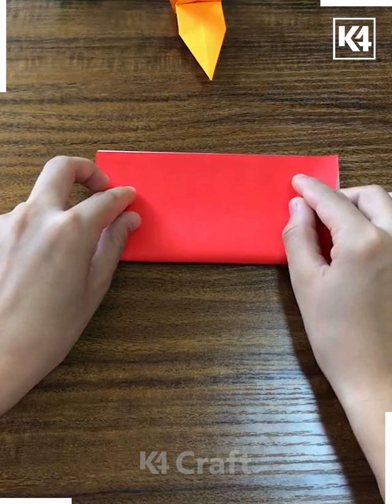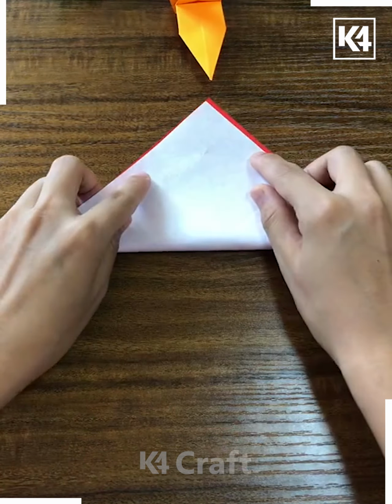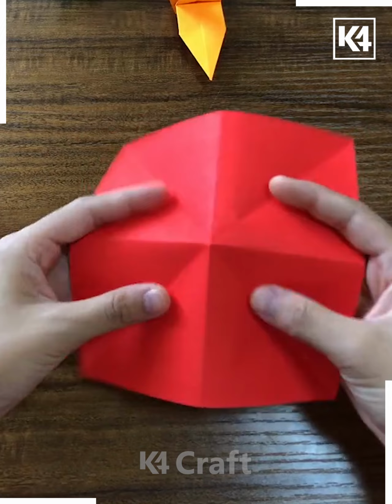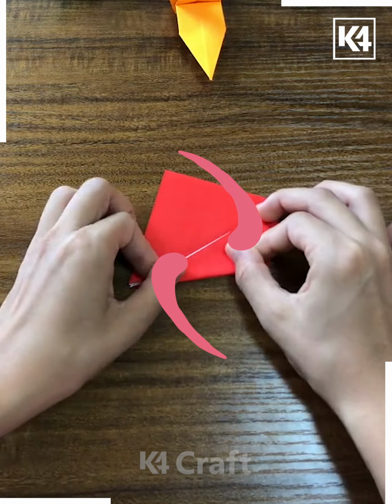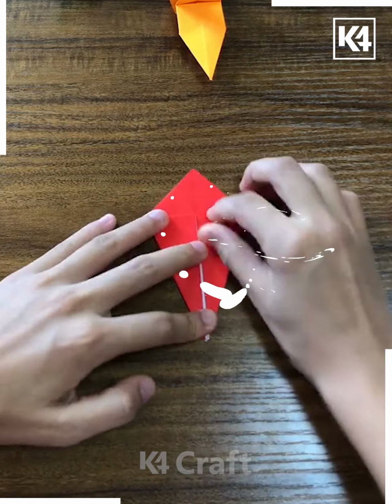Further, what are we gonna do? You just have to fold the paper like this, get them arranged in this manner, and now you have to get the lines and folds in this manner. Further, you need to get them arranged in this way and attach it in this manner. Now, what are we gonna do? You have to just get them arranged in this position,